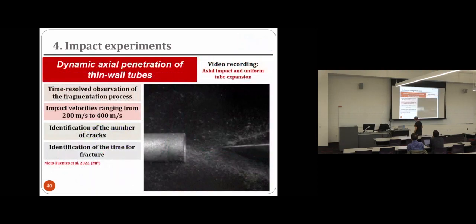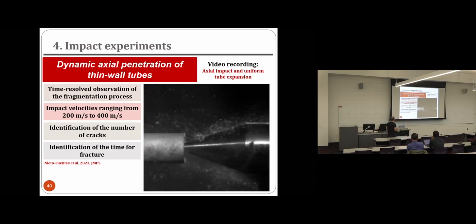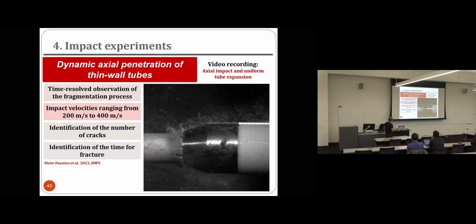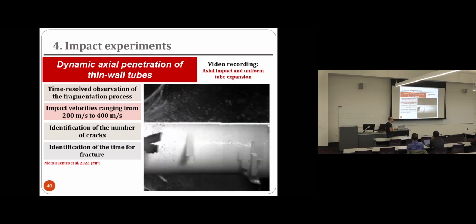And here I'll show you a video so you will see exactly how the experiment works. This is the specimen, and this is the conical projectile coming. Again, this is the diameter of the specimen. The diameter of the conical striker is larger, and the specimen is going to expand and fracture. You can see how it's coming. You can see the cracks forming, right? And then it leads to the final fragmentation of the specimen.